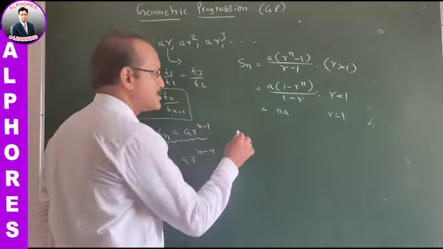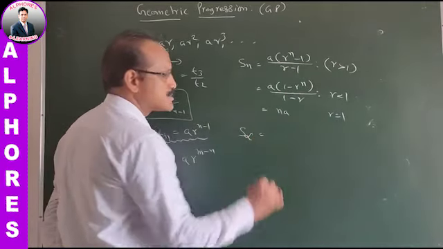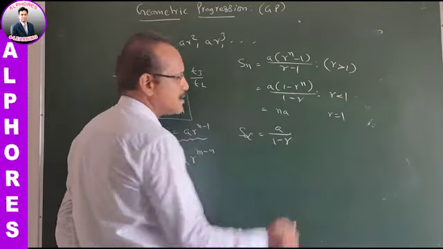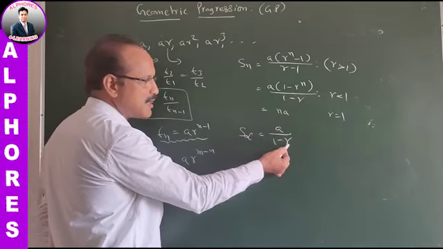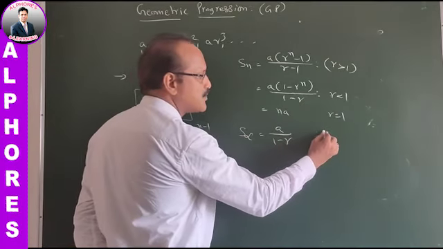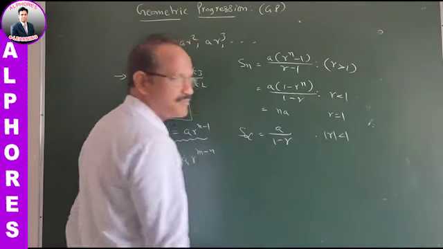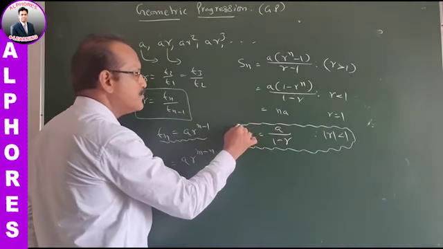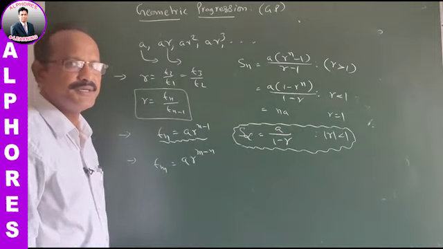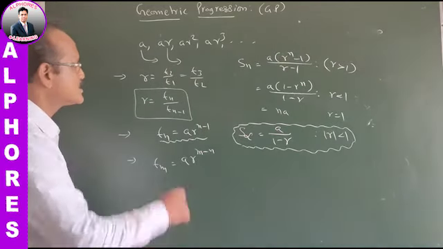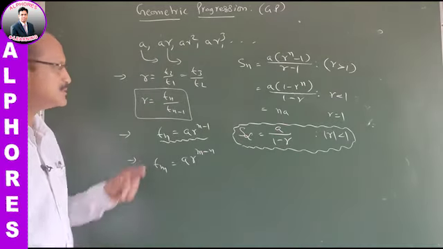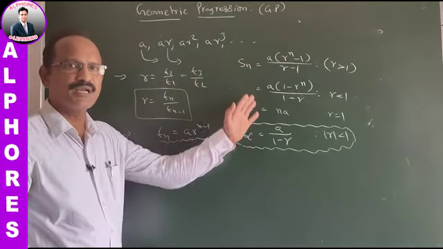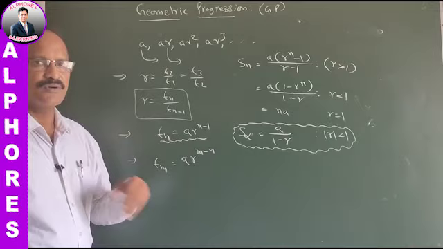Right. Next, the sum to infinite terms of a GP is given by A by 1 minus R, where A is the first term and R is the common ratio. There is a restriction for R here: mod R is less than 1. It is the most important formula for the sum to infinite terms of a GP. Right. So these are the formulas for the nth term, common ratio, and sum to n terms of a GP. Now coming to the next point,